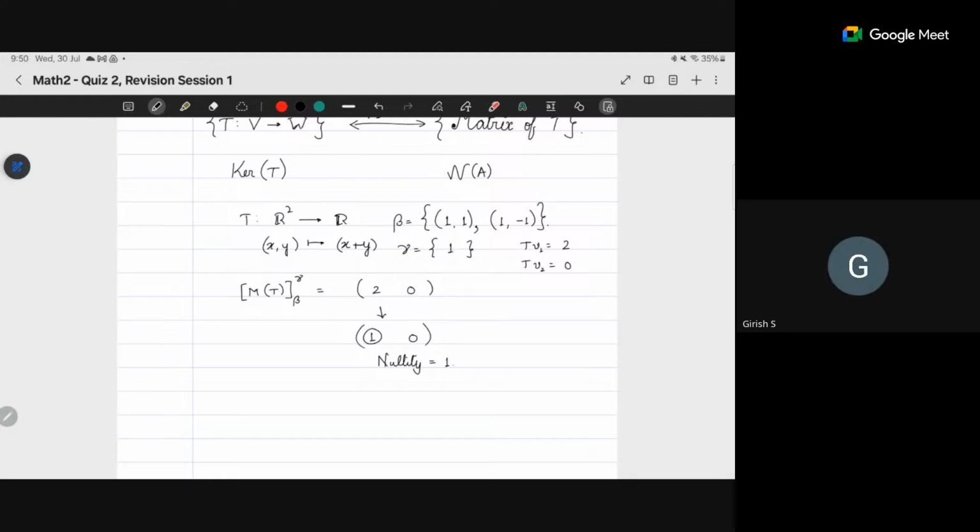So the fact is that the nullity of the matrix is the same as the nullity of the transformation. What is the nullity of the transformation? That is the dimension of the kernel. And if I have to find out a basis for the null space of A, how would I do it? In this case, it's just